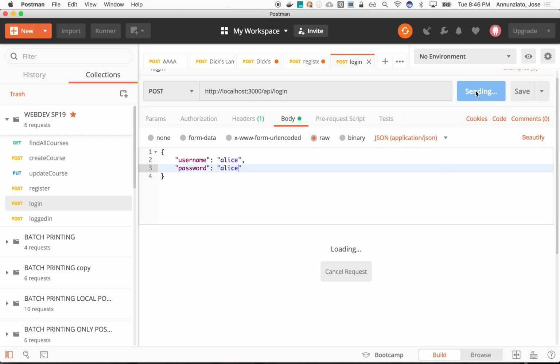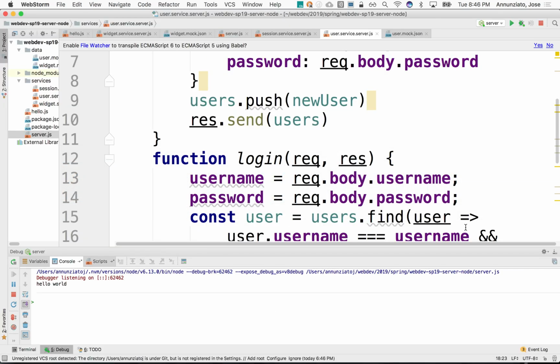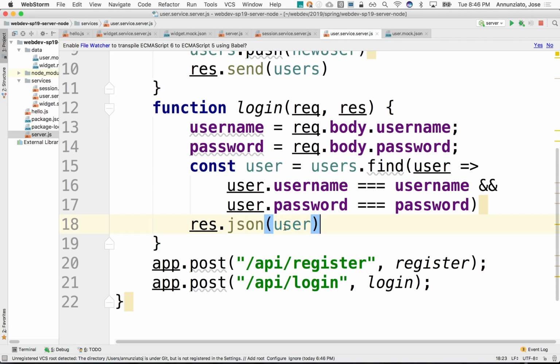Let's see if we send. Notice that Alice does come back, right? So it is finding it. It is returning the correct user. And what we can do on the server, right now that we know that the user is there, what we